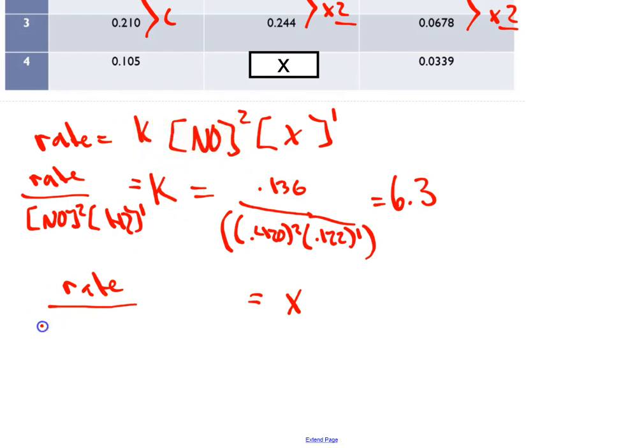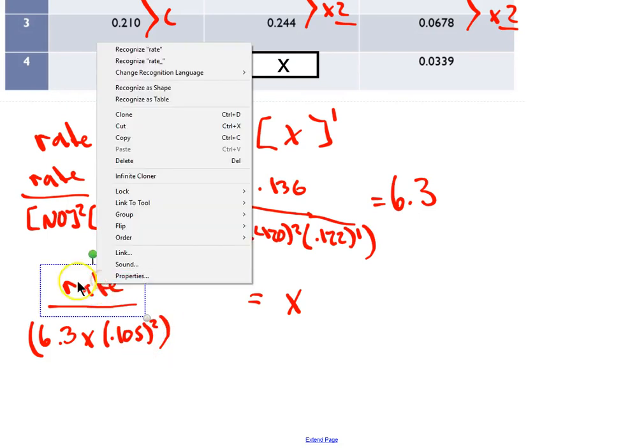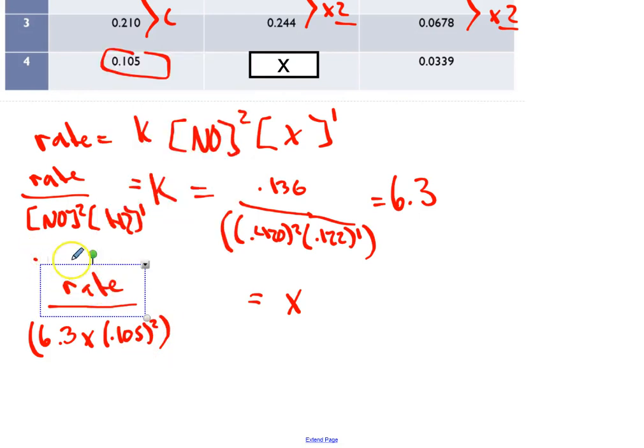So 6.3 times, and I'm just going to go ahead and plug it in. NO2 was this value, 0.105 squared. Okay, I should have just written rate right here. Now what's happening? 0.0339. Okay, when you plug all that in,